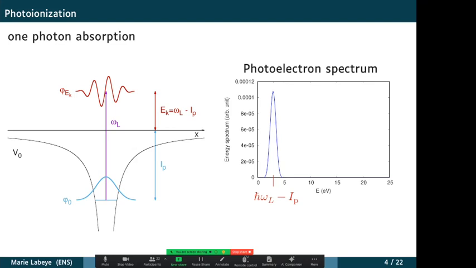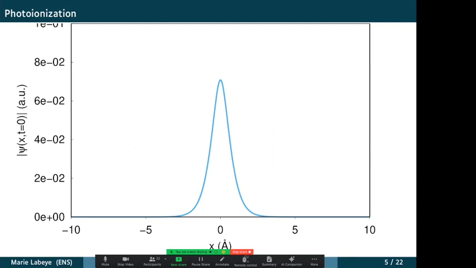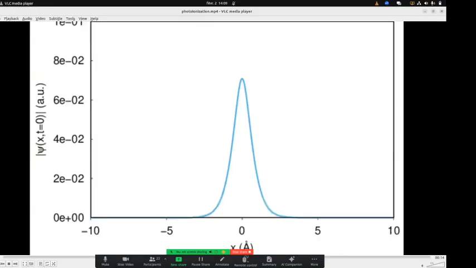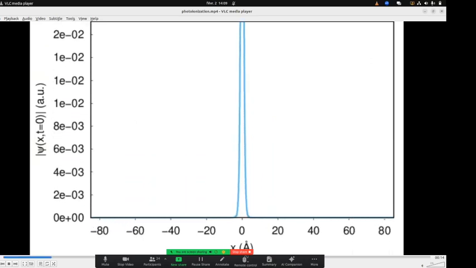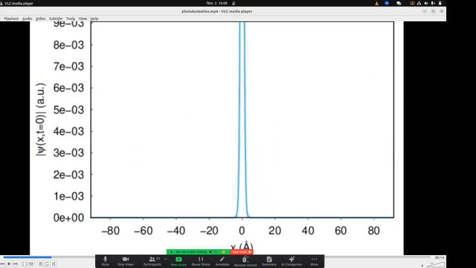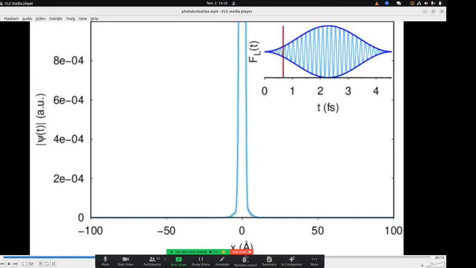However, what I'm more interested in is the dynamics. So this is where I will try to show you videos of what can happen in the time domain. Do you still see well? So basically I'm looking at tiny probabilities because it's a perturbation. So I will zoom a little bit on the low part of the y-axis, and I will also unzoom on the x-axis to see the electron that leaves. And then I will send a pulse with a low enough intensity so that it remains a perturbation, and a high enough frequency so that I can ionize.